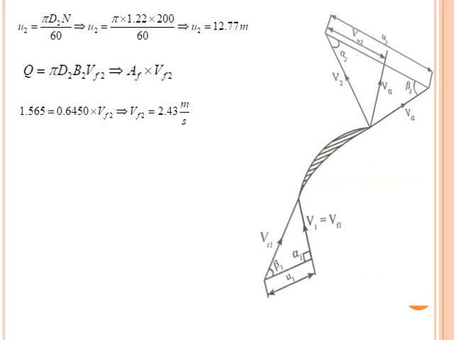So now discharge is given and area is also given. Actually area is given in centimeter square, convert that into meter square, and the velocity of the flow is unknown, that is Vf2, and Vf2 is equal to 2.43 meter per second. So now hydraulic efficiency or manometric efficiency. So from the outlet velocity triangle,